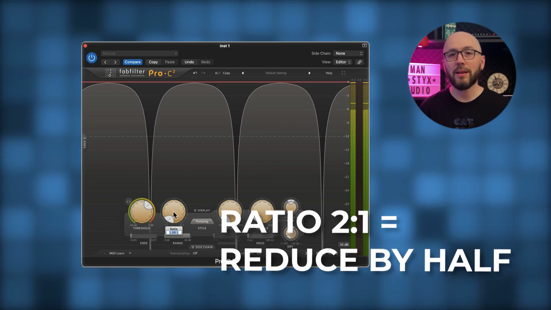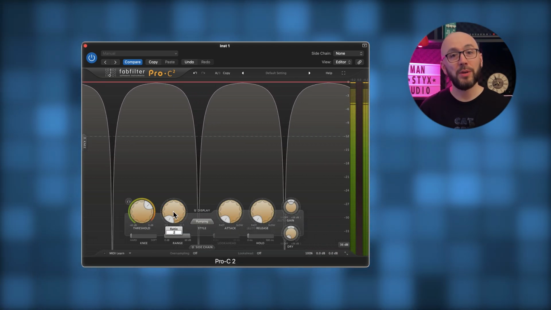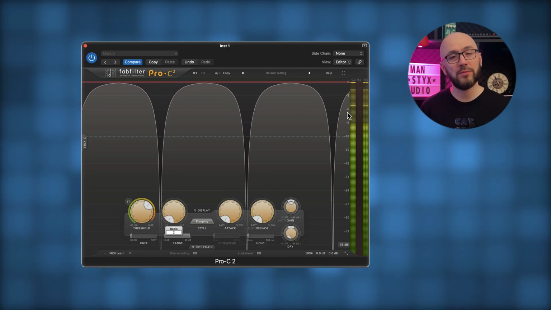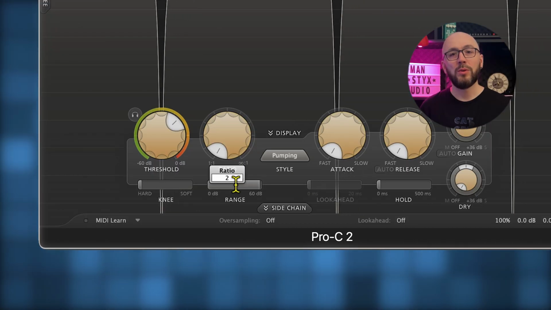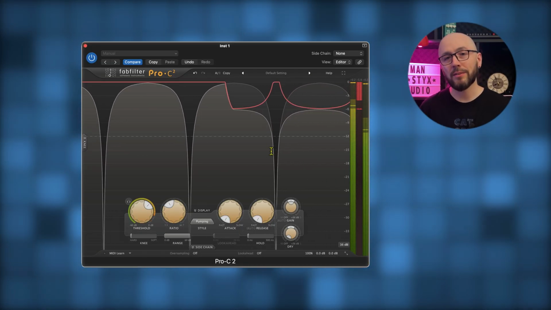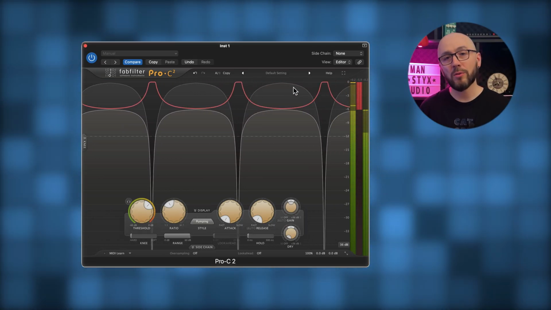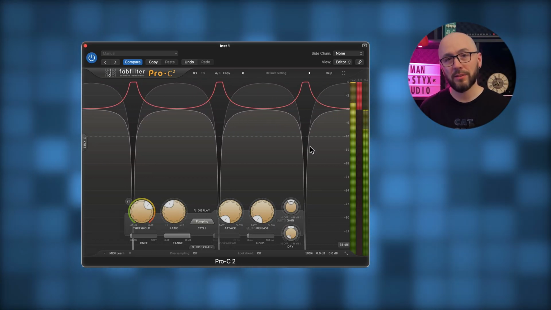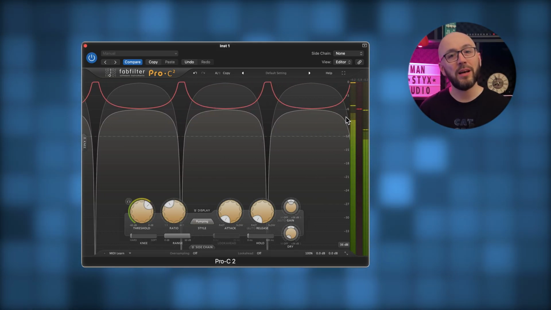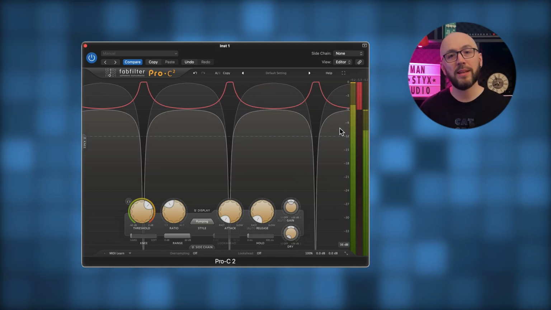This means that instead of the 12 dB from -12 to 0 being fully passed, only half of it, 6 dB, will pass through. Let's test this. We set the ratio to 2:1. Look what happened to the signal. The darker graph shows the original signal, while the lighter one shows the processed signal. Indeed, the signal now only goes up by 6 dB after exceeding the threshold, and its maximum level is now